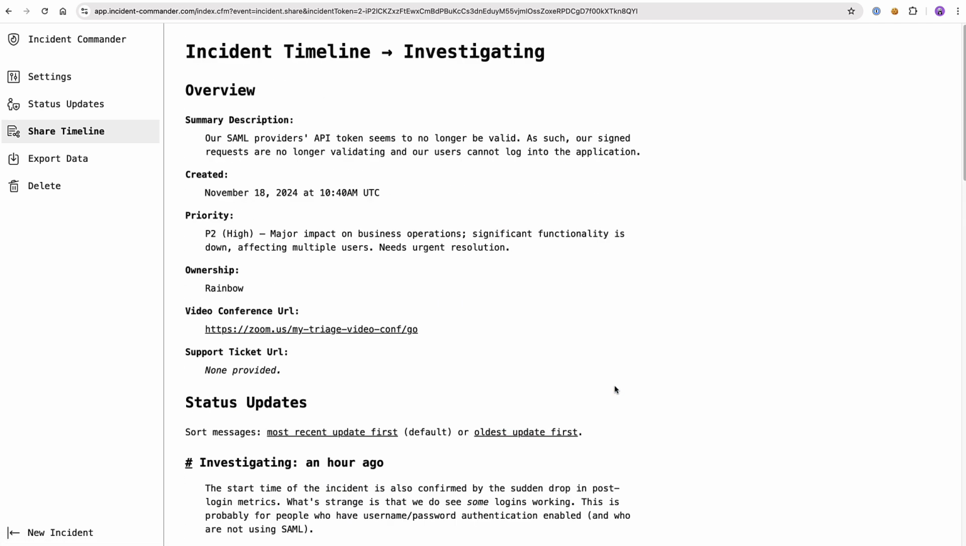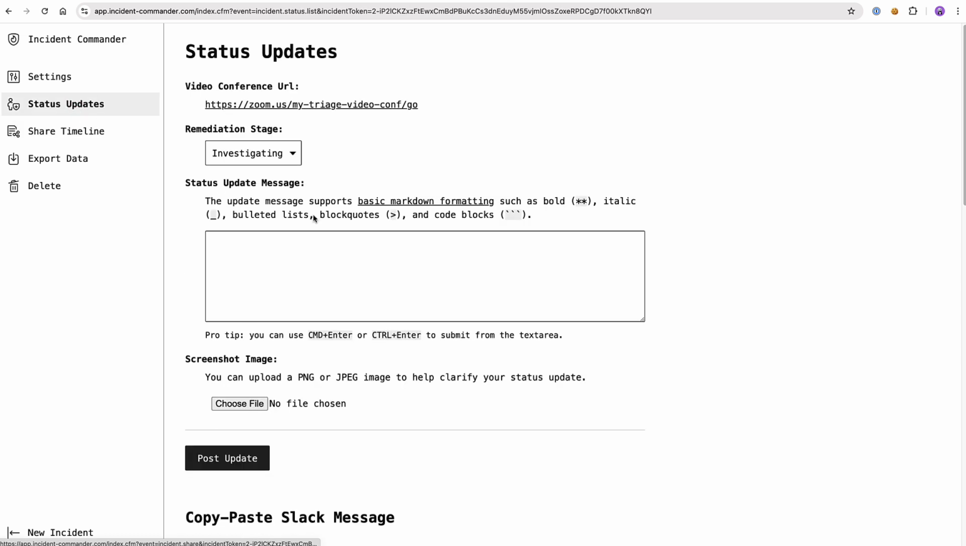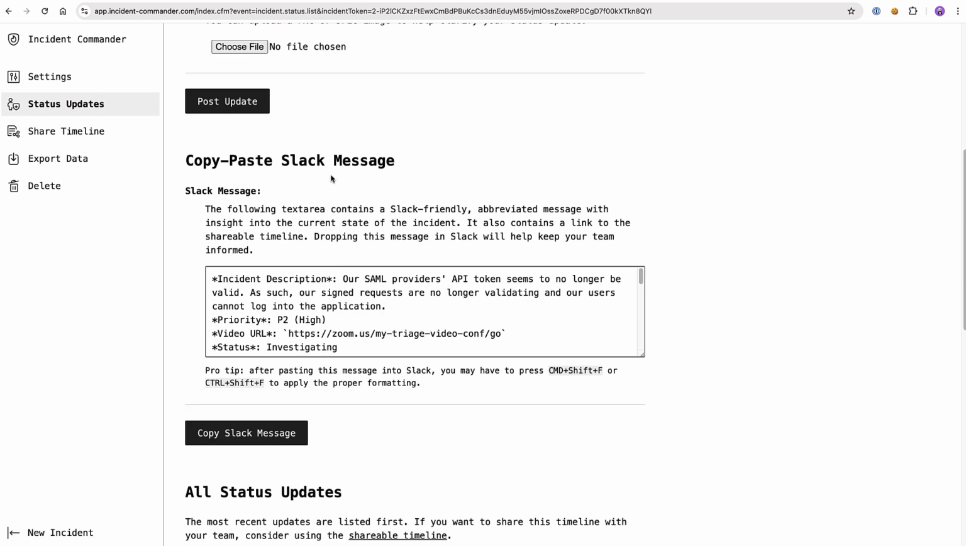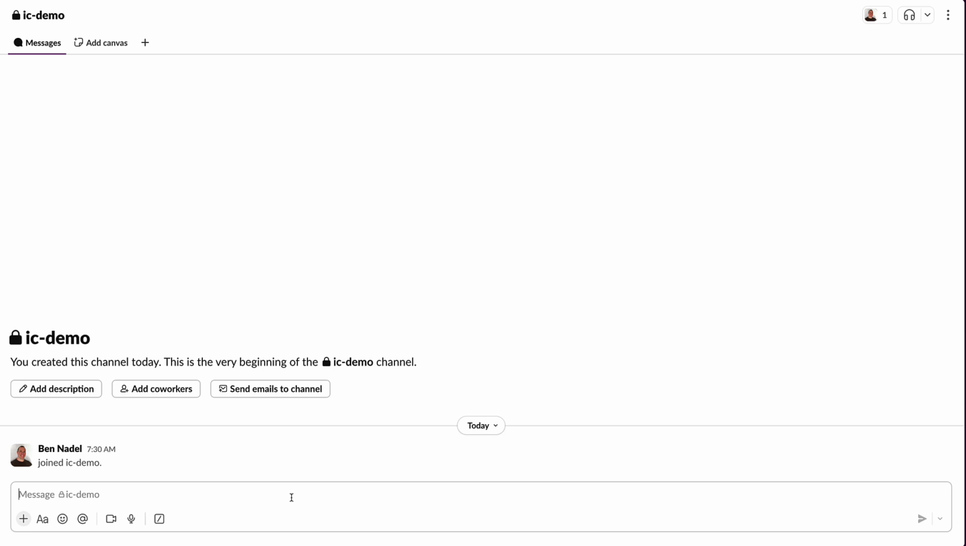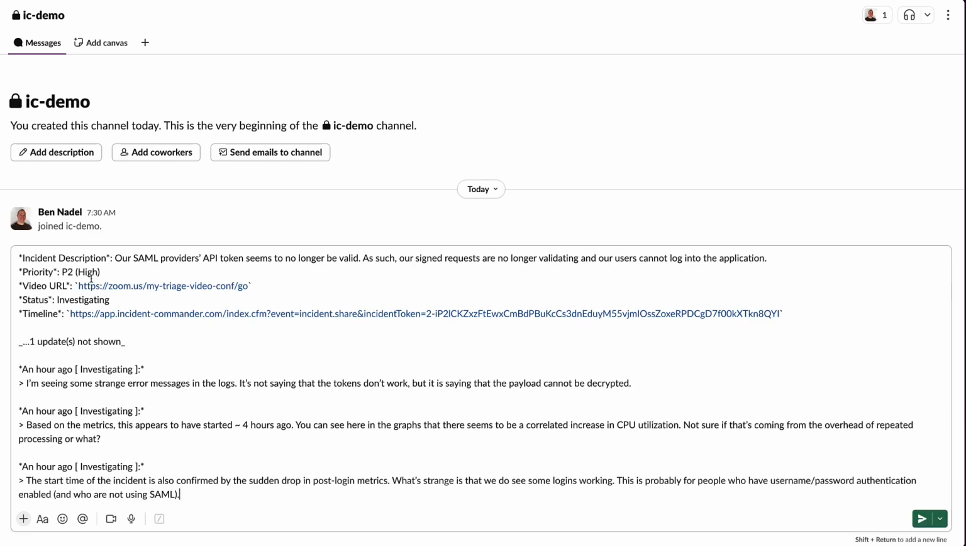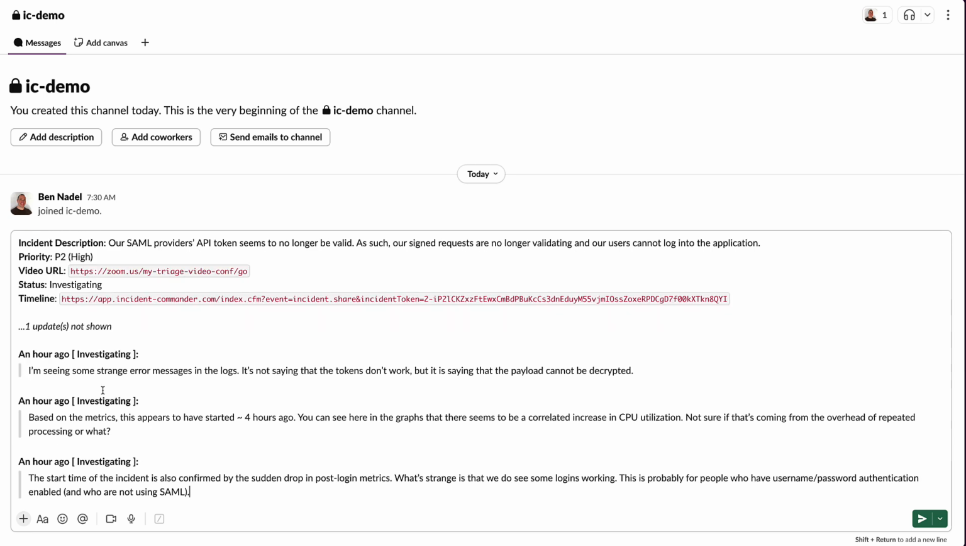And one thing that you'll notice here in the status updates is below the status update intake form, there is a Slack message. And basically what I've done is try to take the recent updates and some overview information and serialize it into a Slack friendly message. So we can come here and copy it. And if we jump over into Slack and we paste this in, Slack doesn't apply the formatting automatically, but if you hit Control or Command Shift F, probably Control Shift F on Windows, you'll see that the formatting has now been applied. And if we hit that,